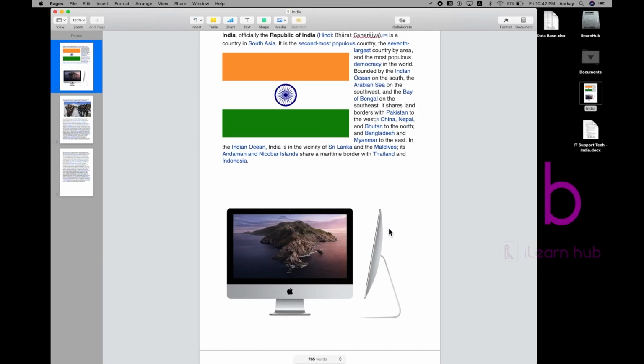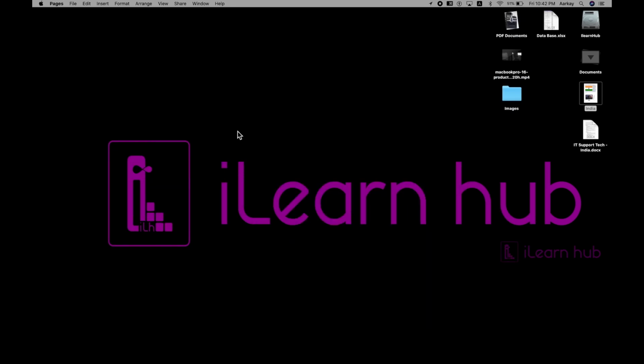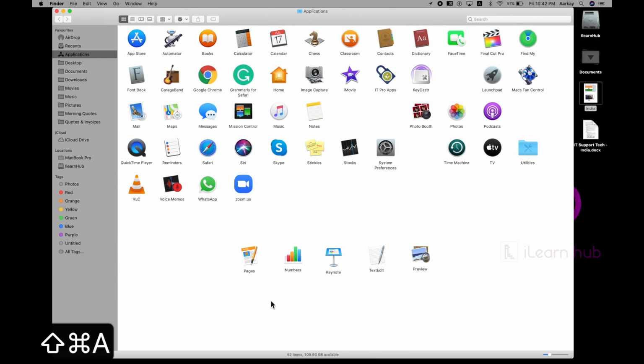Are any special arrangements needed on my Mac? Nothing is required. These are all built-in features in Mac. Now, which applications are compatible with this? Let me show you. Let me open all my applications. Here you can see Pages, which is equivalent to or maybe much better than Microsoft Word. Similarly, Numbers is like your Excel, and for PowerPoint presentations we have Keynote. Similarly, TextEdit is like a Notepad kind of thing. Preview is another great application. We'll see more details in the next video.